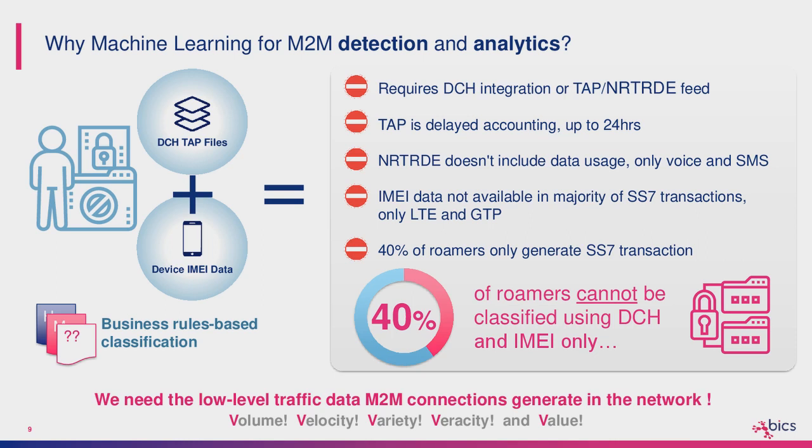Using this approach, which means you need to somehow find a lower level of measurement that is going to be common to every single roamer. And this has to be the signaling activity that roamers generate in the network. Now, it doesn't matter if you're human or if you're a machine or if you're using a Galaxy S3 or a Huawei, whatever, you will have to connect to a network, and in connecting to the network, you're going to be generating signaling traffic.